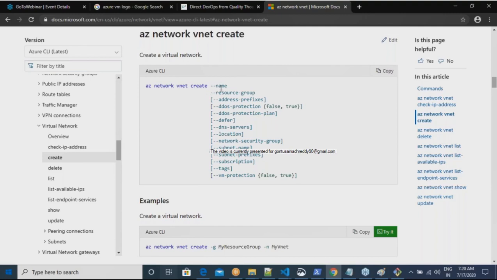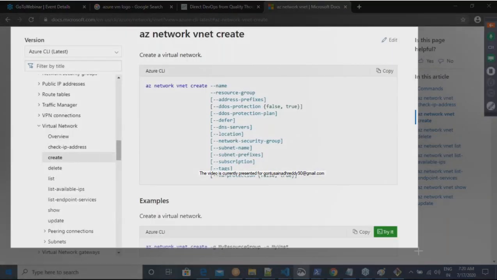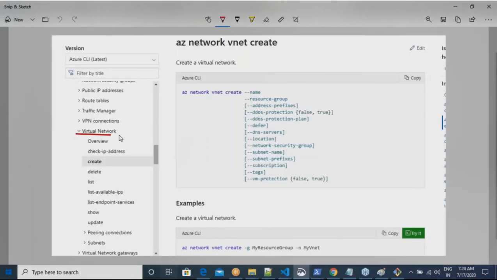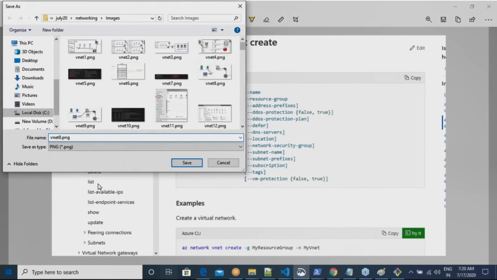Whatever is present without square brackets is mandatory. So now I found this. You will also see examples over here, so you can look at those examples also.